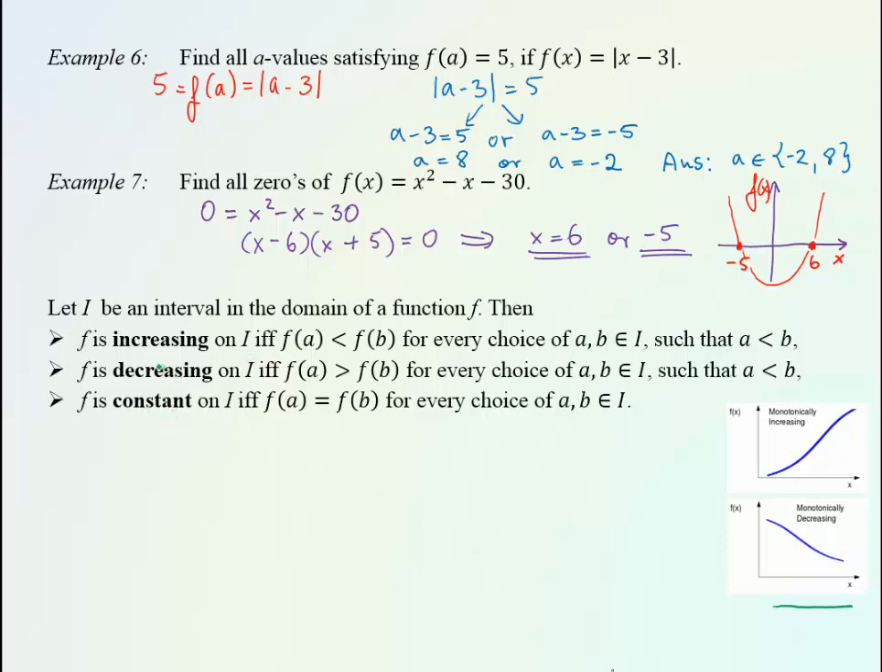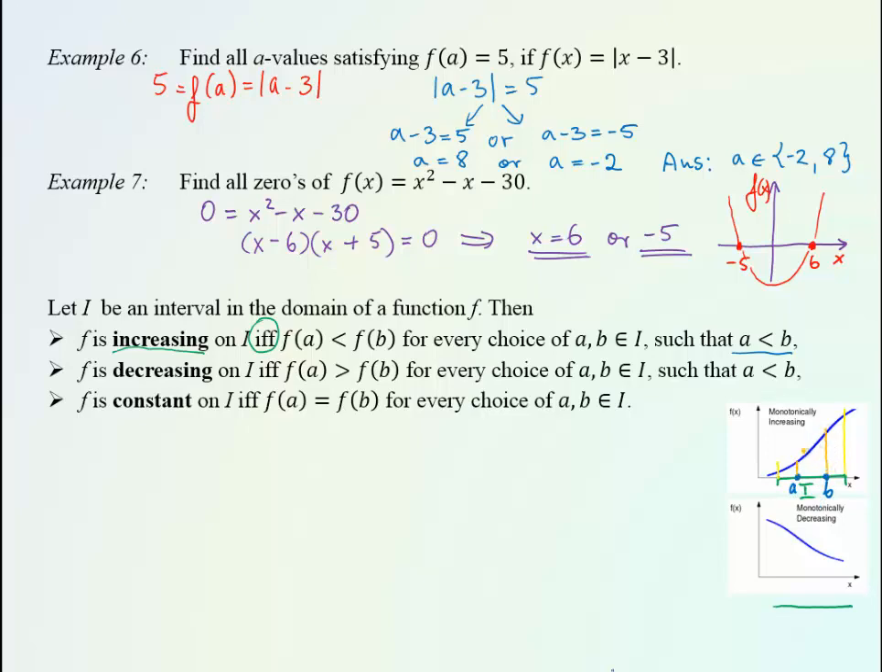The formal definition of an increasing, decreasing, or constant function is as follows. Assume that I is an interval in the domain of the function, so a certain interval. For example, here I have a certain interval I. And I will observe the behavior of this function within this interval. So we're saying that the function is increasing on our interval I if and only if I choose 2 points, A and B, inside this interval, any 2 points, such that A is smaller than B,